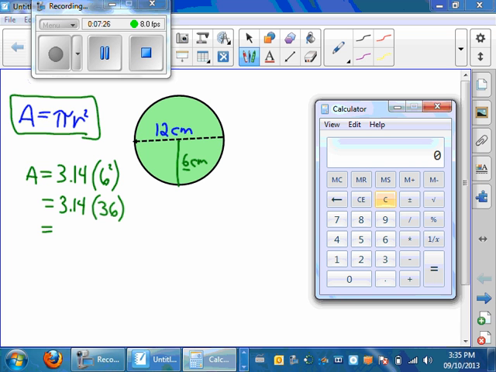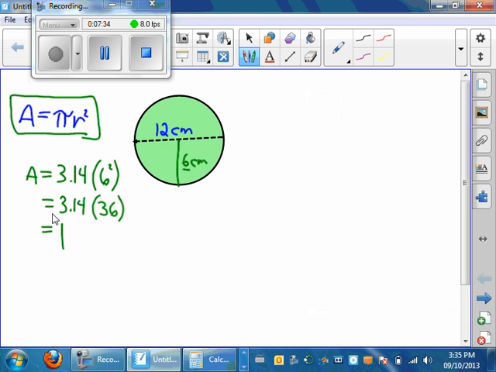We're going to say 3.14 times 36 equals 113 and 4/100ths. And this is going to be, we're dealing with our measurement of centimeters, so therefore area is approximately